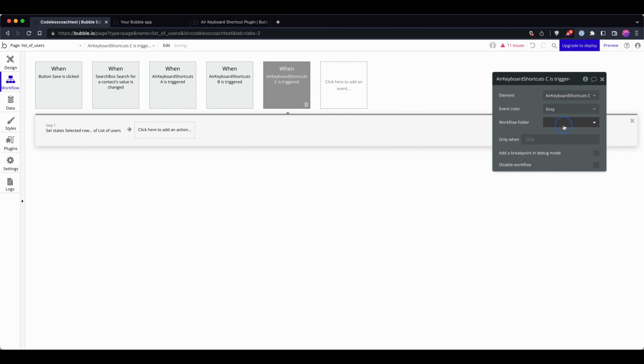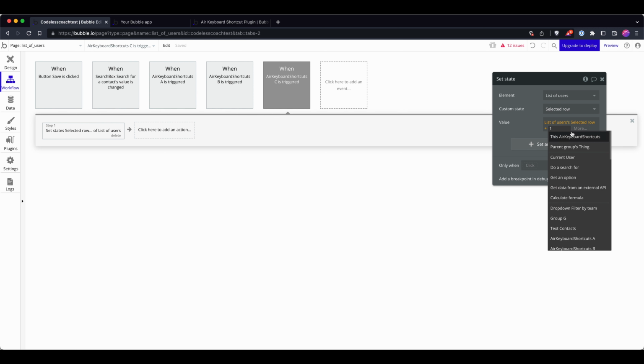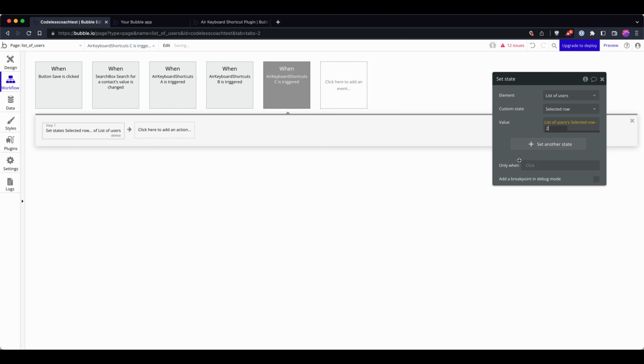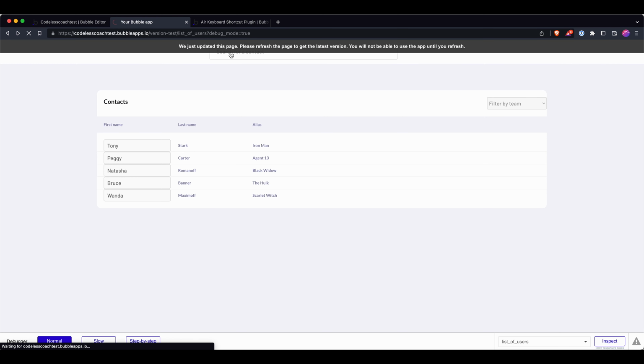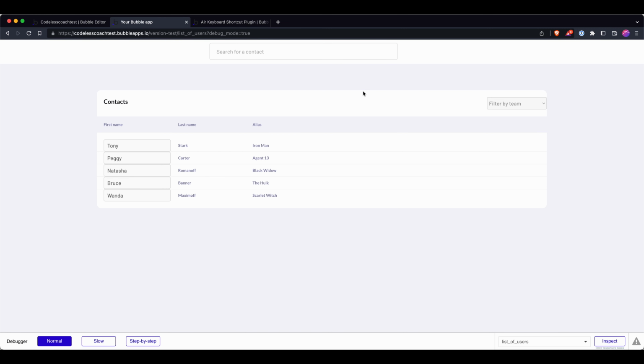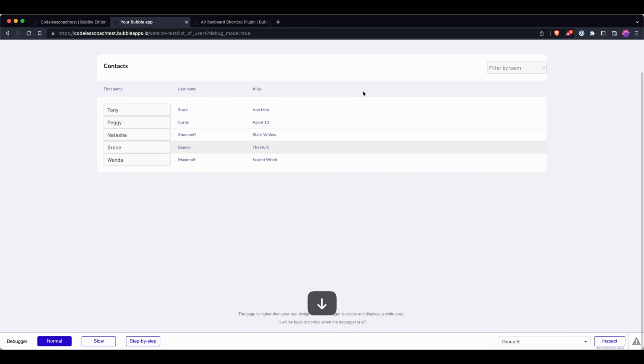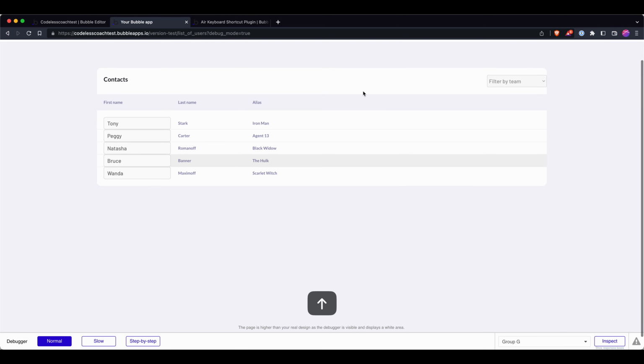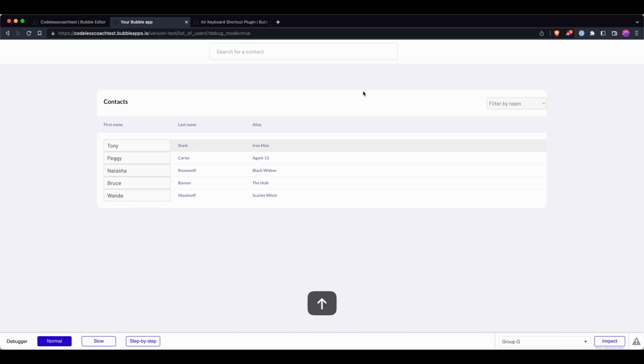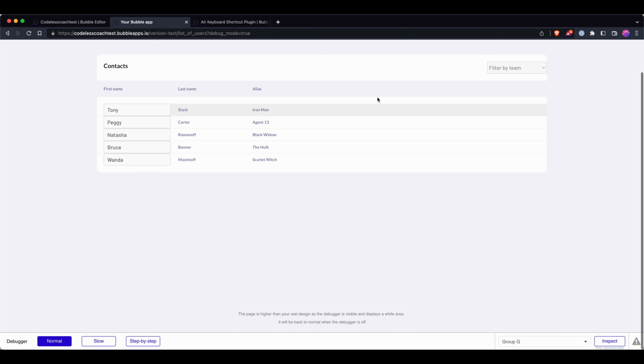So when C is clicked, I'm going to say minus 1. Okay, right, let's test this. So no row is selected. If I press down, you see it goes down. Now you also notice that, and there we go, up, and it goes up. That's working. Now you will have noticed that the window moves, and that's because when you're running with the debugger,